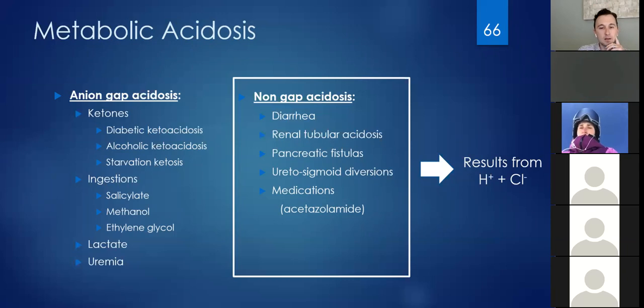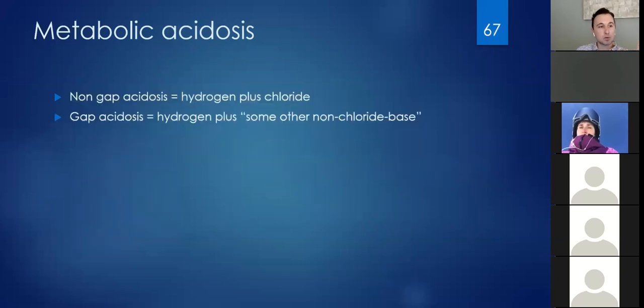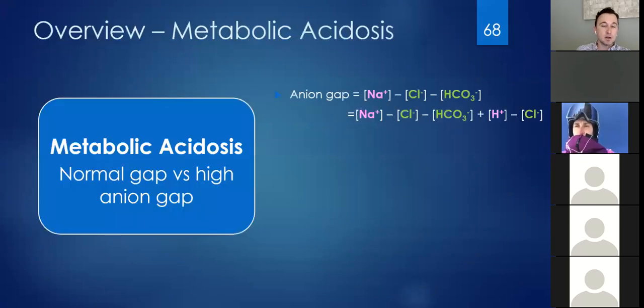Okay, we'll look at why that doesn't give us the gap in a second, but just a quick reminder: if it's a non-gap acidosis, it's going to be hydrogen plus a chloride base. If it's a gap acidosis, it's going to be a hydrogen plus some other non-chloride base. And the reason the addition of hydrochloric acid doesn't give us a gap is basic math. So again, here's our main equation. We're adding a hydrogen and a chloride. The hydrogen gets buffered, bicarb will drop, but our chloride